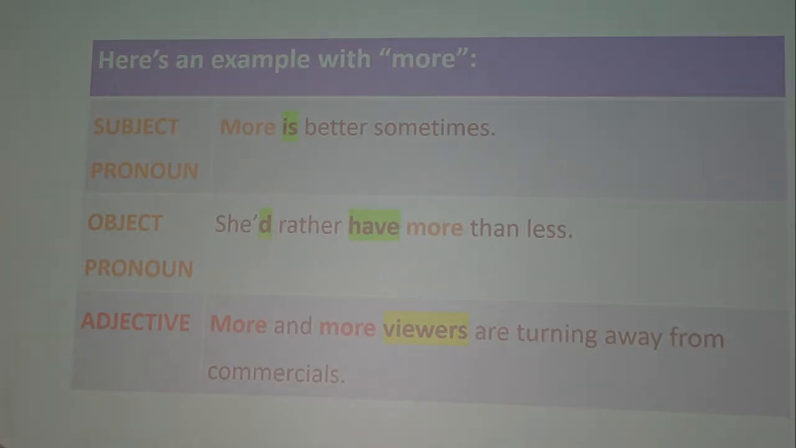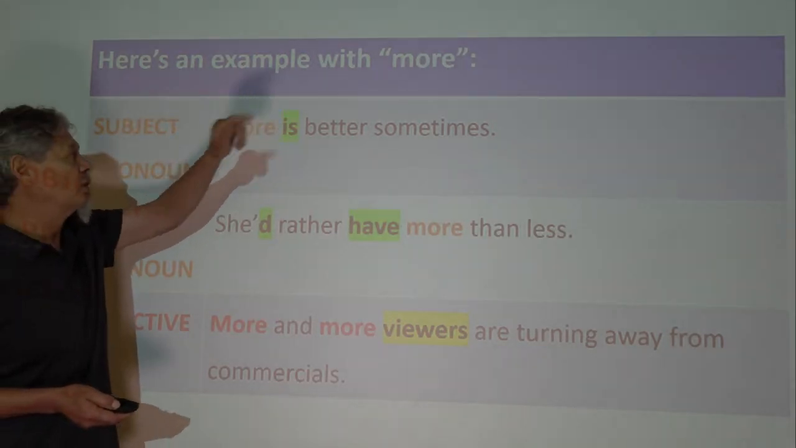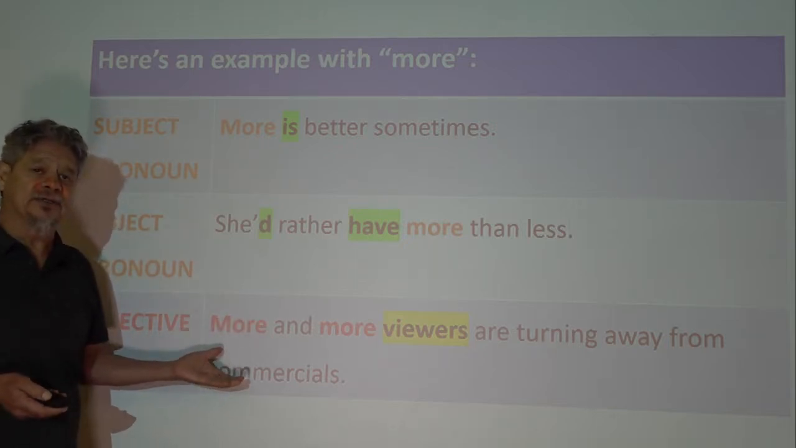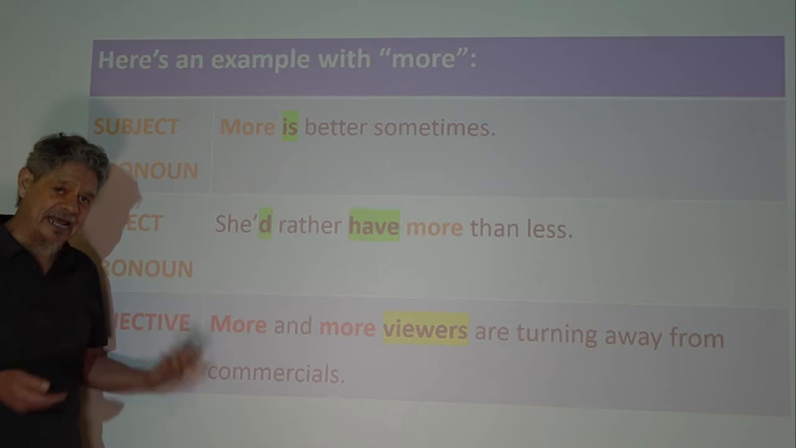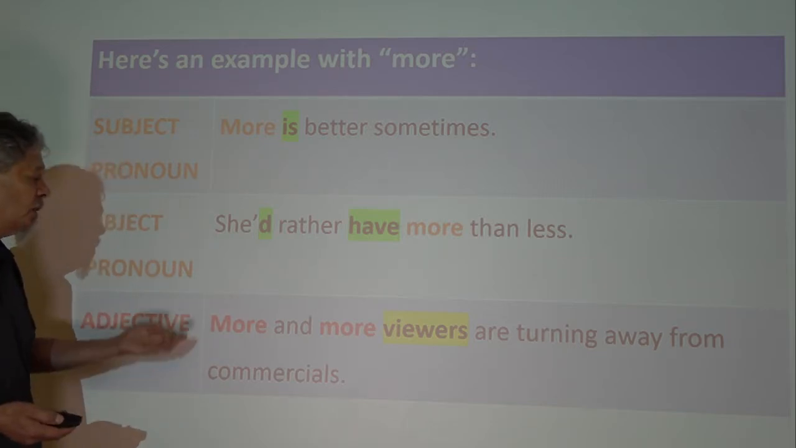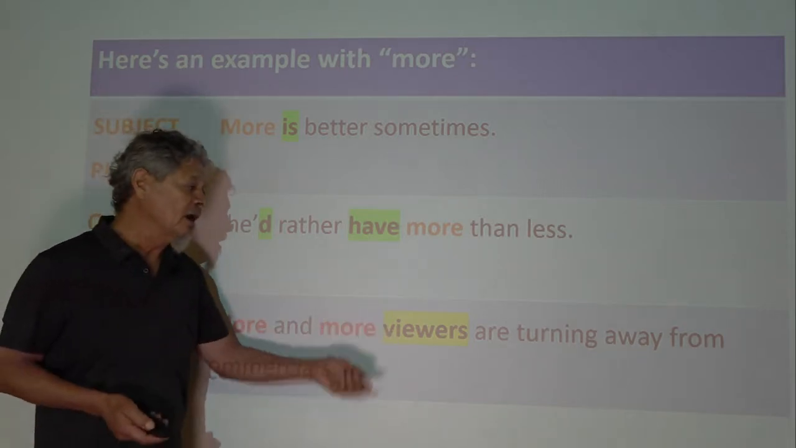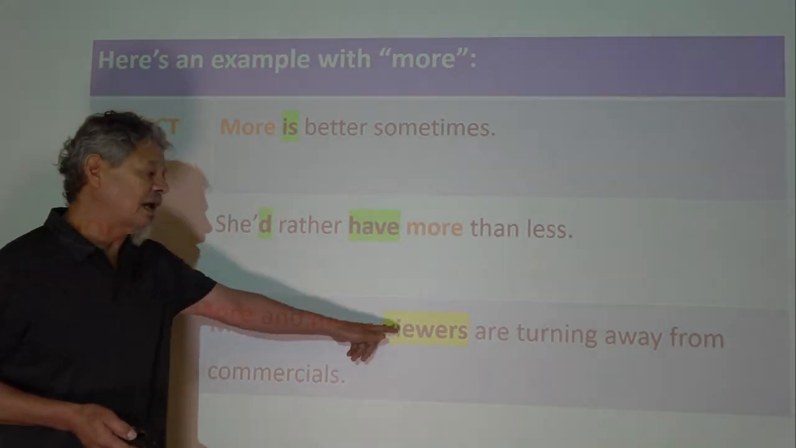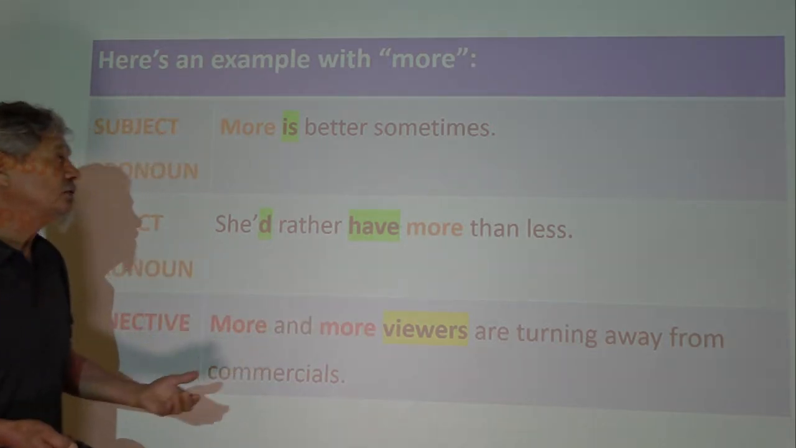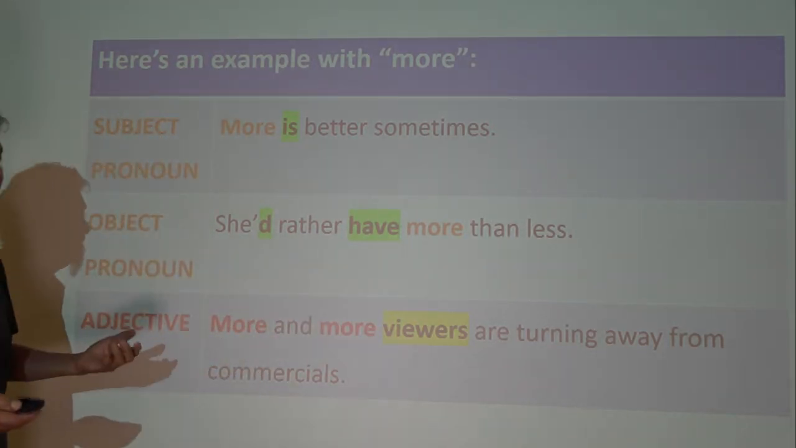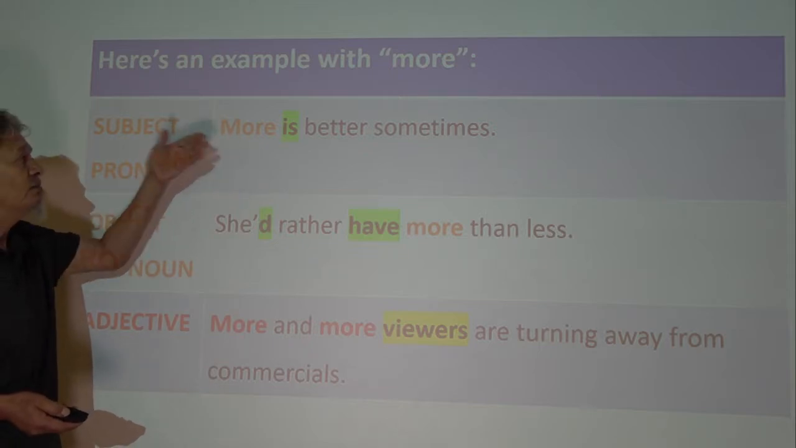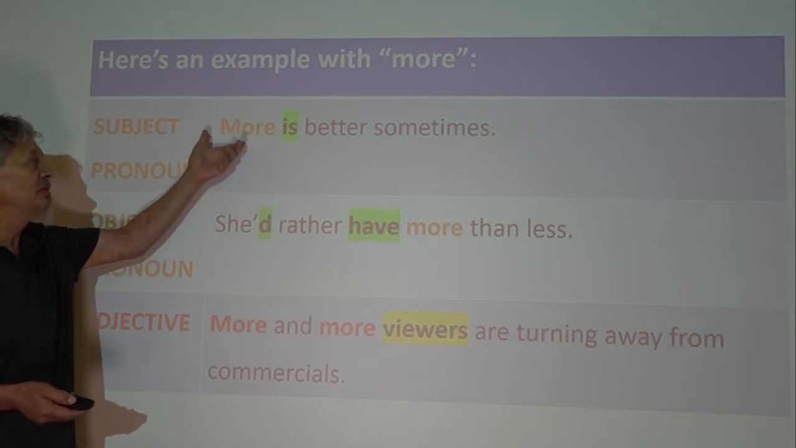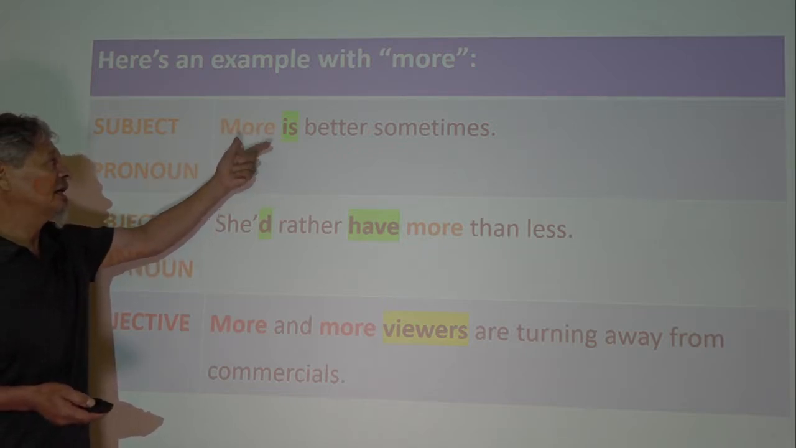The third example is with the word "more." Again, this is probably the more common use of "more" as an adjective. If we say, for example, "More and more viewers are turning away from commercials," "more and more" are describing viewers. But the word can be used as a pronoun. For example, if I say "More is better sometimes," "more" is being used as a pronoun, subject of the verb